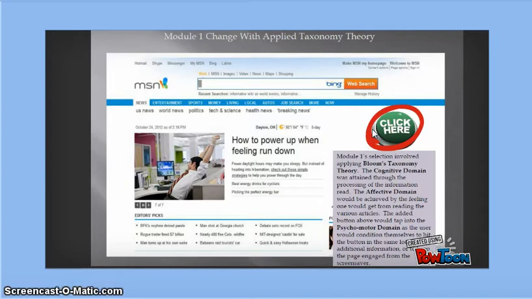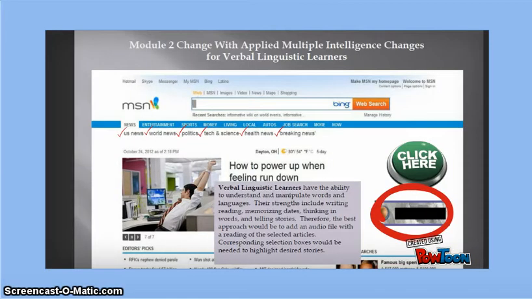this right here is to tap into the psychomotor domain, as the user would condition themselves to hit the button in the same logo, say some type of a reward or something to condition the user to keep hitting that button would involve tapping into that psychomotor domain. So moving on to the Module 2, this module, and this is the change with the